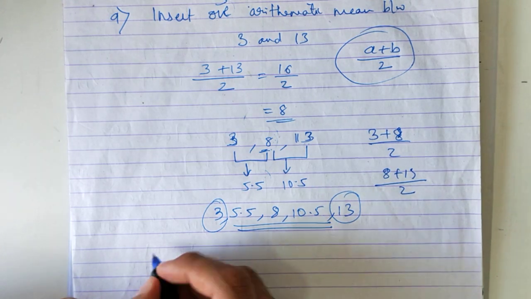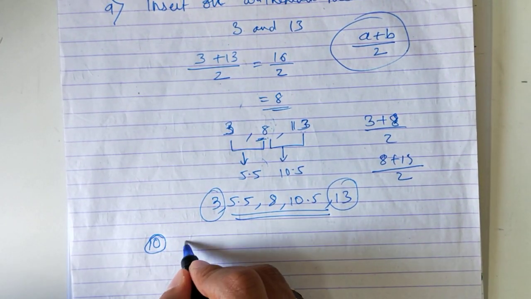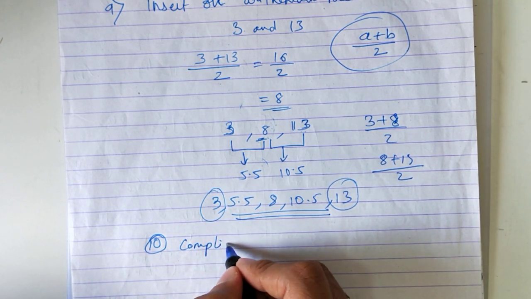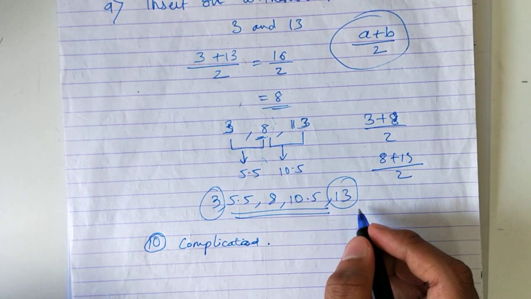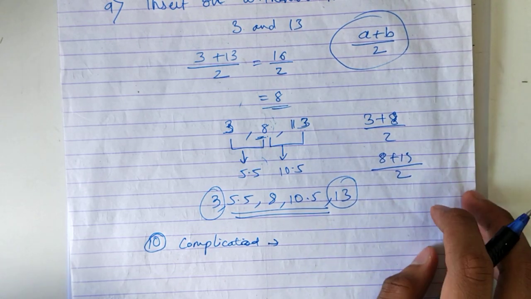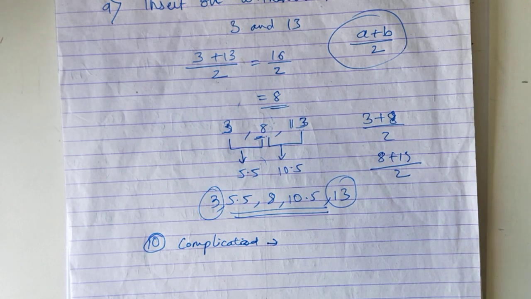Okay, now the 10th sum is left. The 10th sum is a little complicated, so I'll see whether I'll do it next time or in class whenever it opens. And next time I'll start with the next exercise. That is the last exercise, after which we will complete the chapter. Okay, that's it for today, students. Thank you.